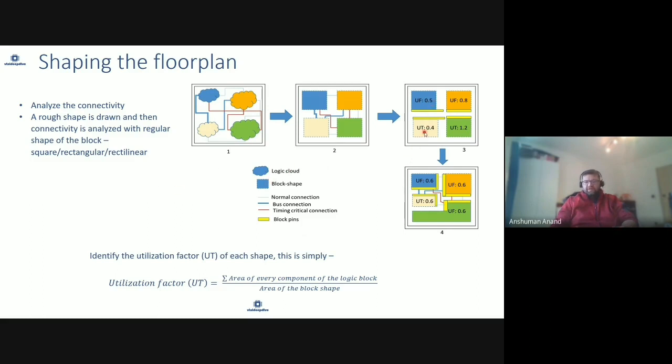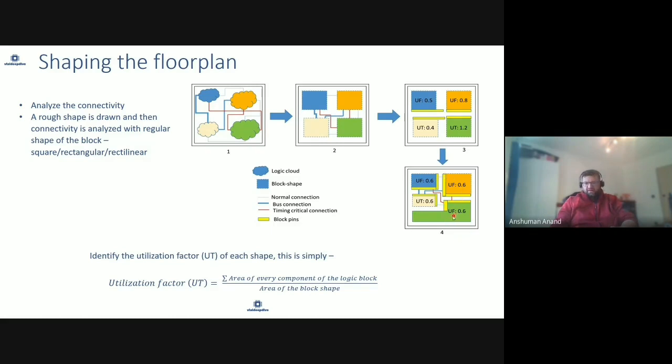So first shaping, we did it like this, and we figured out, oh, okay, this box has higher utilization, this has really low, this is a bit higher, and this is a bit low. So we have to balance out the shape in terms of sizing. This is what has been done. This has to be increased a bit, this has to be increased a bit, this was shrunk a bit because it is 0.4, sparsely utilized, and this is also increased quite a lot to make it 0.6. And finally, I reach this kind of shaping.